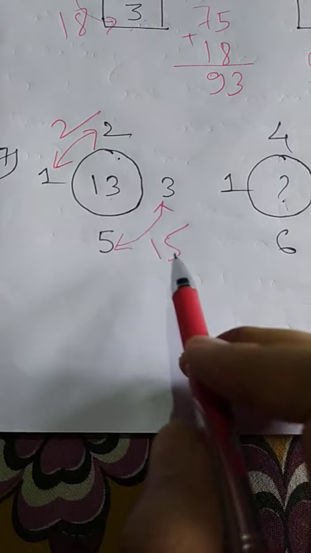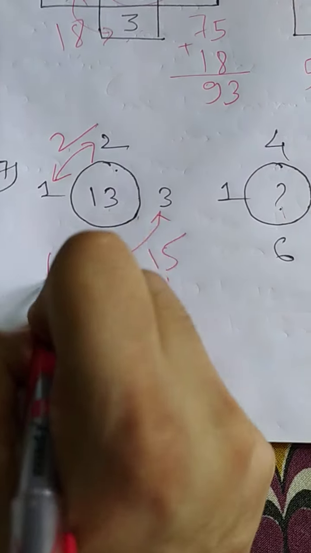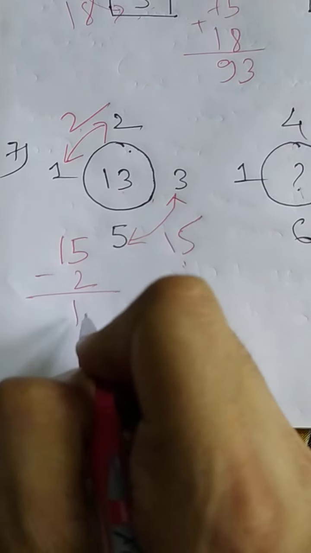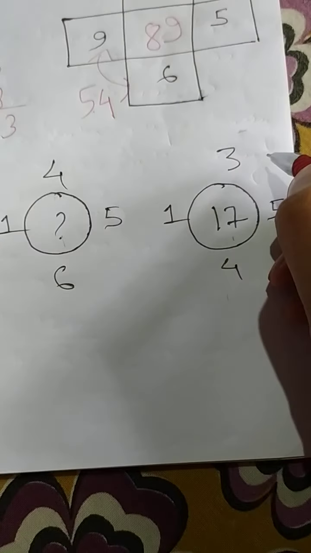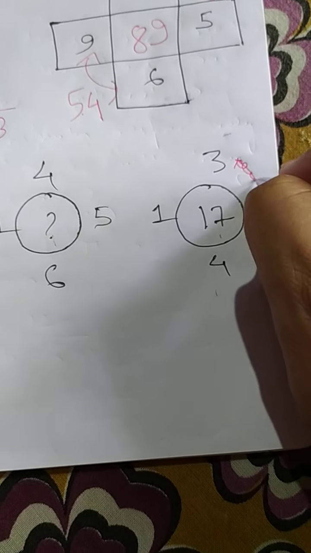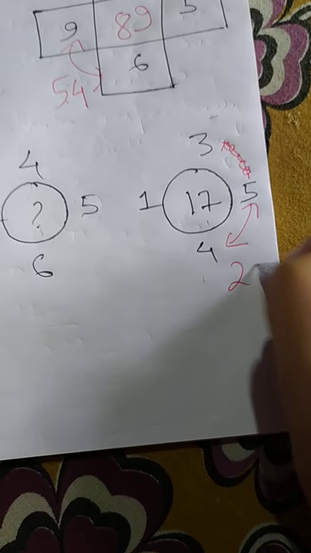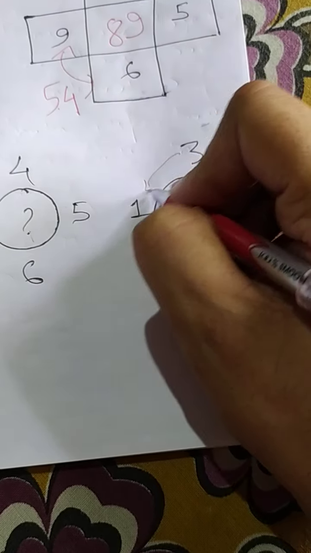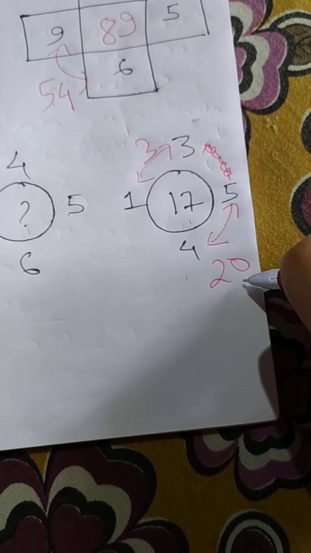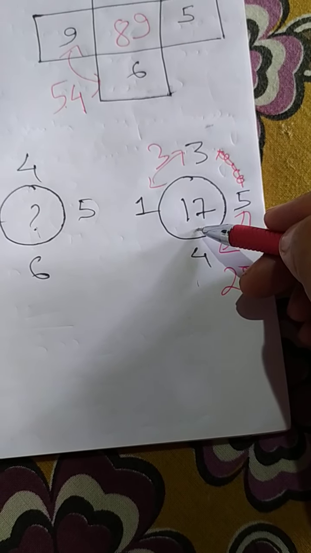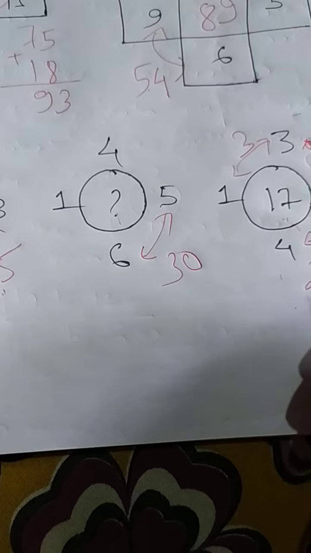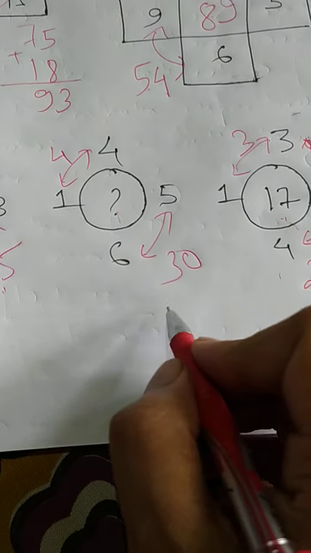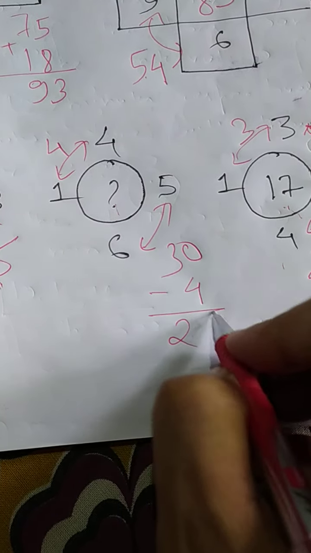Now how are you getting 13? So 15 minus 2 is 13. Okay. This one also you can see. Sorry, not this one, these two. 5 4s are 20. And multiply these two, 3 1s are 3. And if you subtract 20 minus 3, 17. Now the main answer. First you multiply these two, 5 6s are 30. And here if you multiply, 4 1s are 4. Now you subtract. 30 minus 4, your answer is 26.